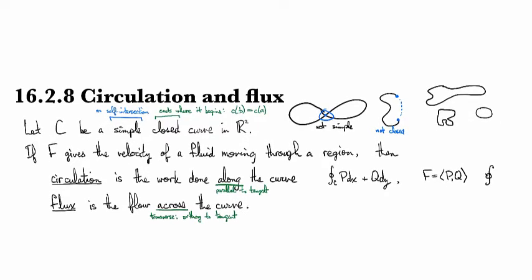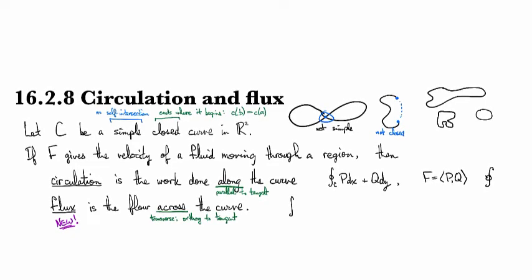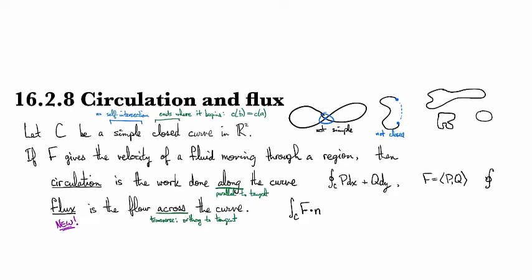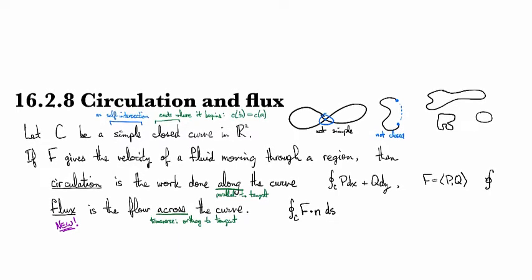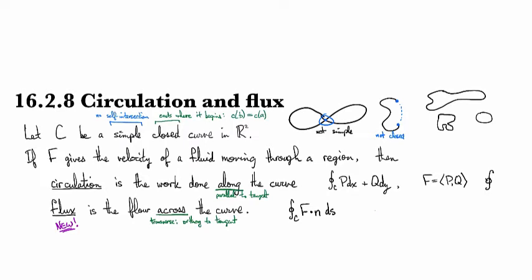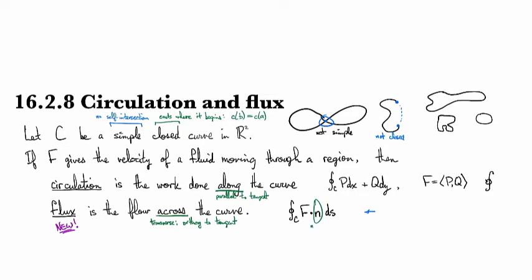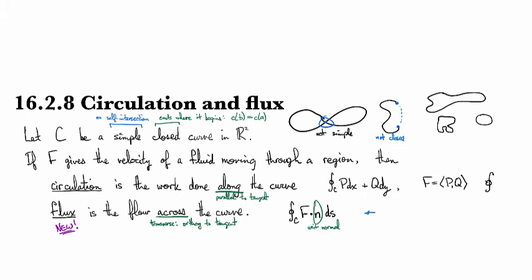However, flux is something new and different. So for flux, what we're doing is we're going across the curve. So this means now that instead of going parallel, we're going to be dotting not with the tangent to the curve, but instead with the normal vector. And that'll also be denoted with a little circle because we've got a closed curve here. And so here N is the unit normal vector,